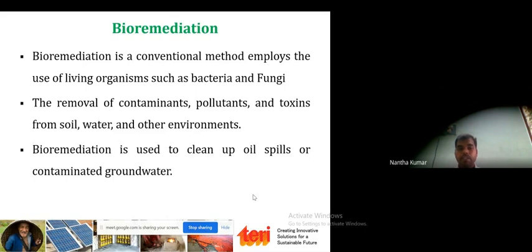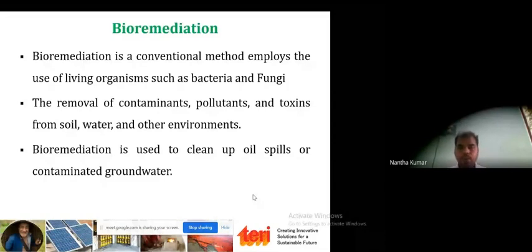So bioremediation is one of the clean technological approaches to clean up oil spills or contaminated groundwater. The bioremediation product which is developed can be used in an oil spill, oil contaminated soil, or groundwater. There is a method for each stage of cleaning and process.